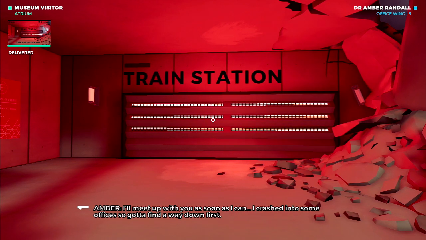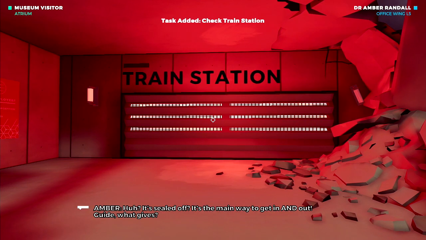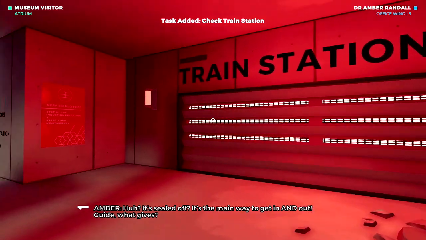I crashed into some offices, so gotta find a way down first. Huh? It's sealed off. So now that she received the photo of the train station, we can move forward to